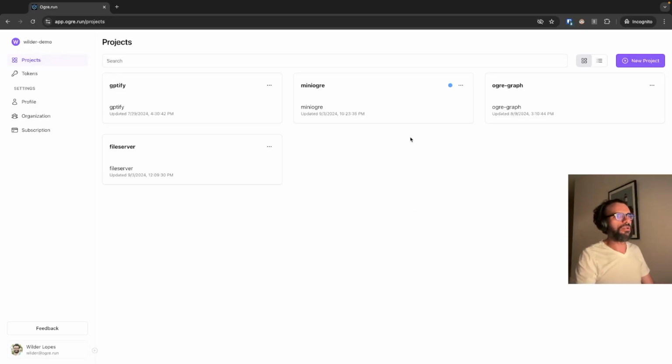All right, and here we have it. This is the new project that we are tracking, miniogre. You see the blue dot here indicating that there is an update. And by the way, this is valid for all of the other repositories here. So if right now somebody in my team pushes a new commit here, Ogre will be triggered automatically. I don't need to do this again. So every time you add a project here, it already